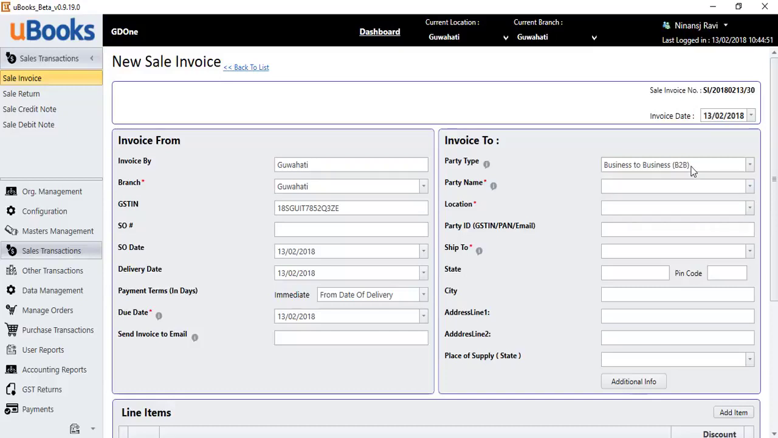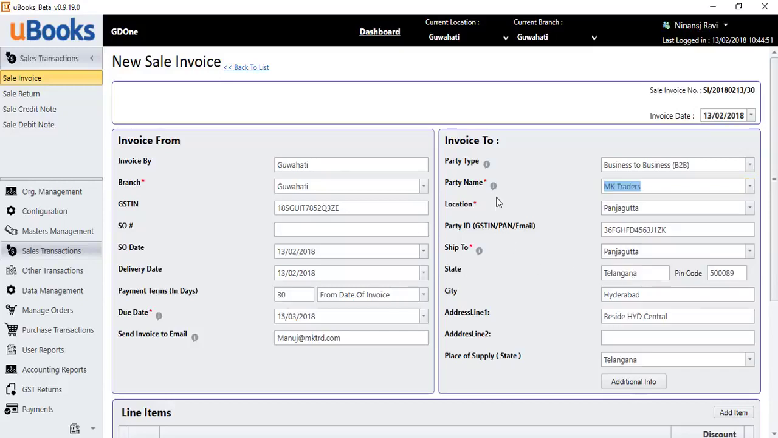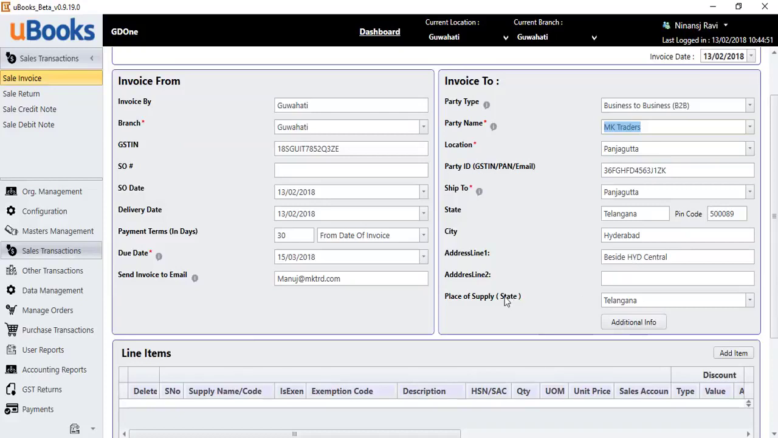Once the party type is selected, select the party name. Based on business to business transactions, only registered customers will be displayed in this list. Select the customer. Once the customer is selected, locations, GSTN number and ship to locations will be displayed from the masters, and based on the party type, place of supply also will get pulled here,